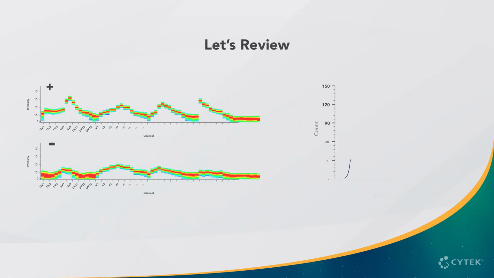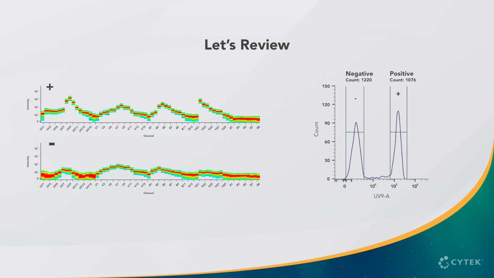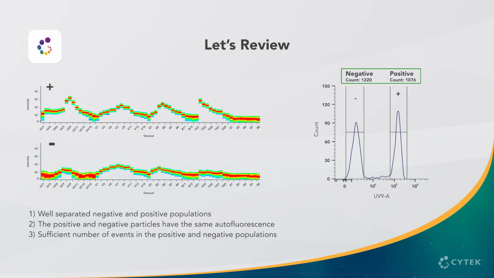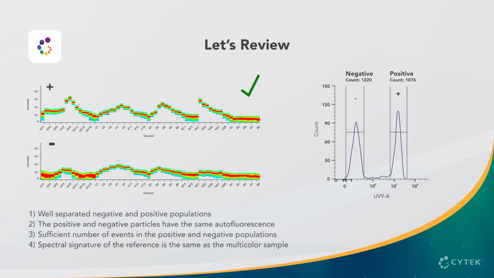Now let's review. Here is a control that meets all four requirements. 1. It has well-separated negative and positive populations and is at least as bright as the multicolor sample. 2. The negative population matches the particle type and autofluorescence profile of the positive population. 3. There are enough events to well represent the spectra of the negative and positive signals. And 4. The control and the multicolor sample have the same spectral signature. When each of these requirements are fulfilled for all of your reference controls, high-quality data can be achieved for any